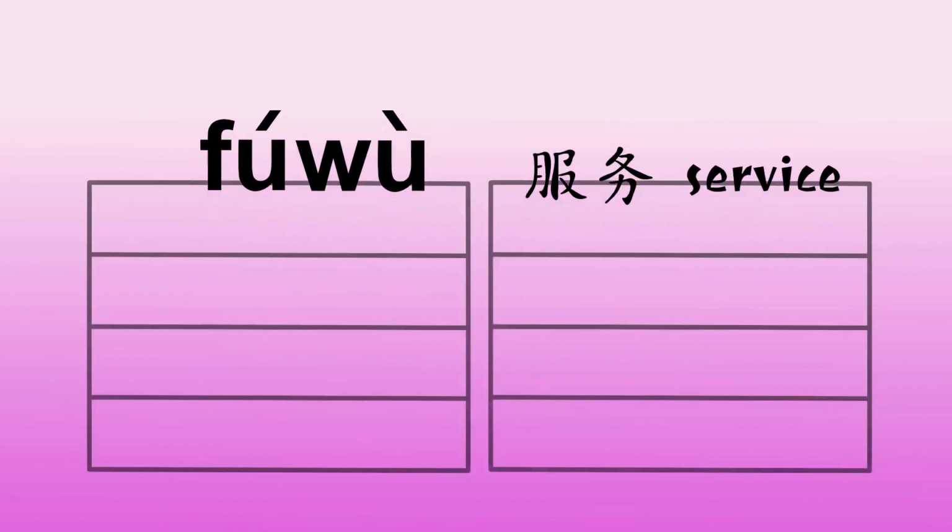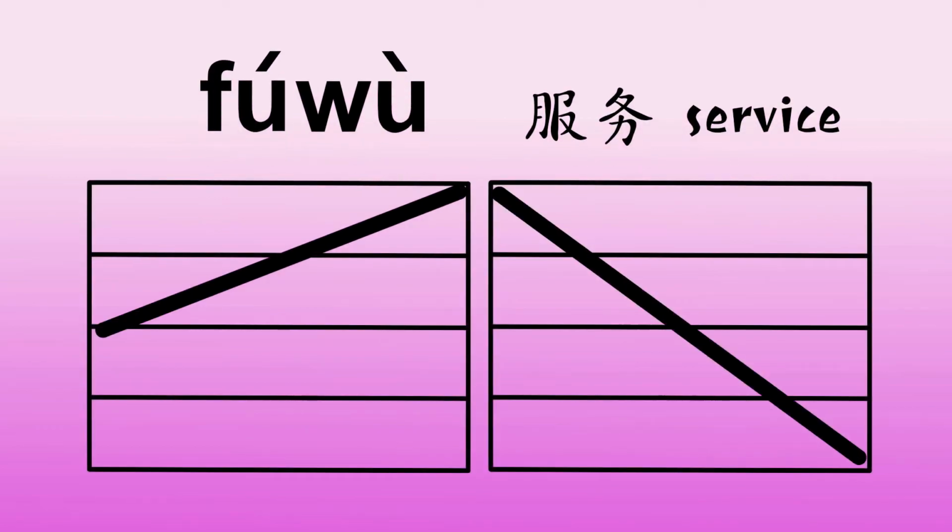The model word is 服务 meaning service. 服务，服务，服务。Now try copying it. 服务，服务，服务。Here are other 2-4 combos. 活动，学校，环境。